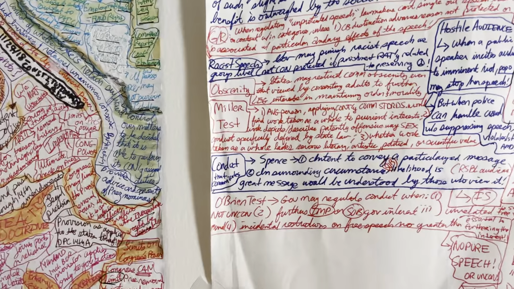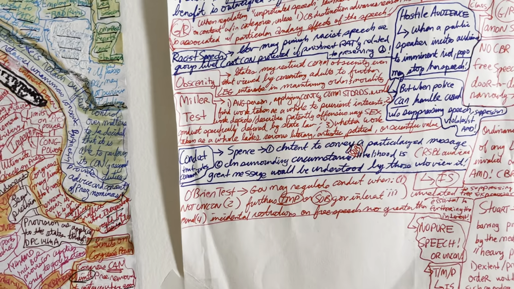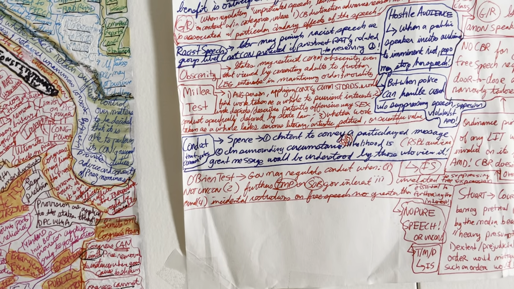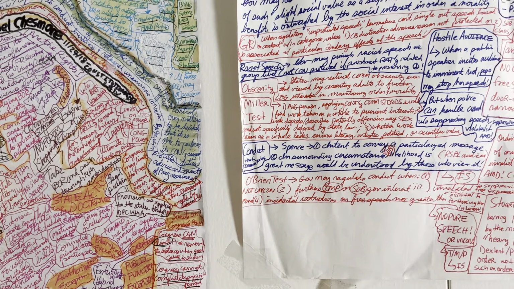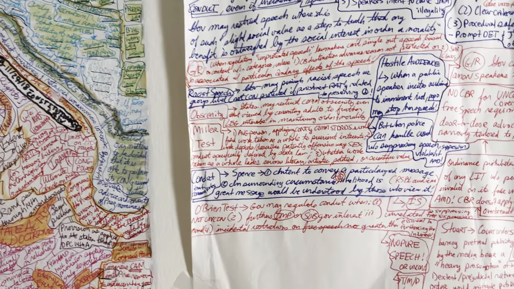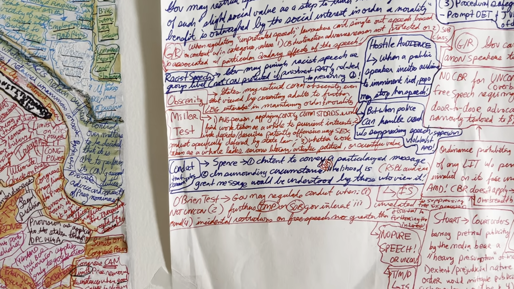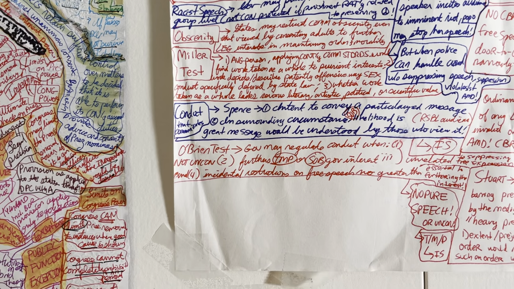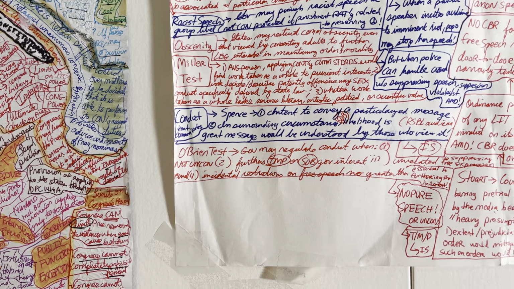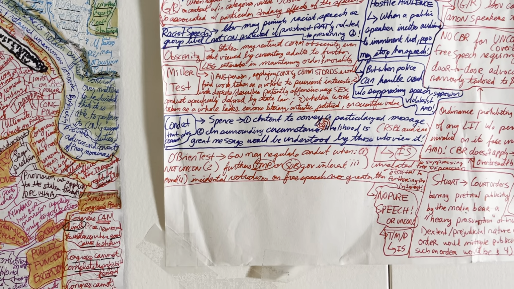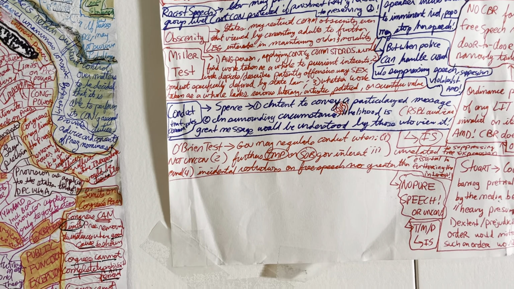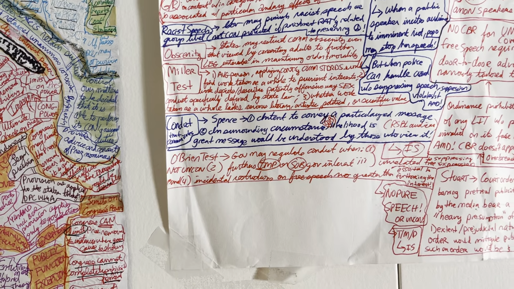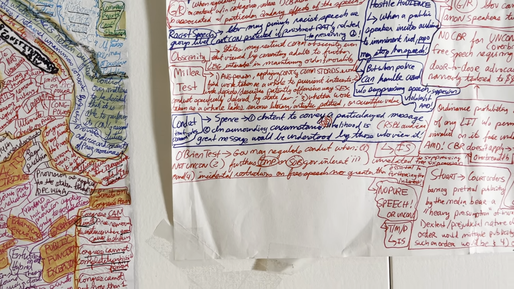Looking to the surrounding circumstances, and the substantial likelihood that the message would be understood by those who view it, through a reasonable audience. So we look to the intent to convey a particular message, and we look to surrounding circumstances and the likelihood that message would be understood by those who view it. We get the O'Brien test, where the government may regulate conduct when it furthers an important or substantial government interest, unrelated to suppressing free expression, and the incidental restrictions on free speech are no greater than essential in furthering the interest.